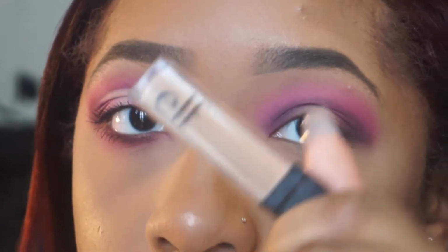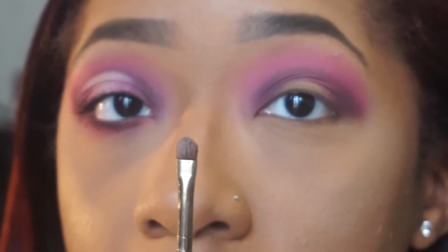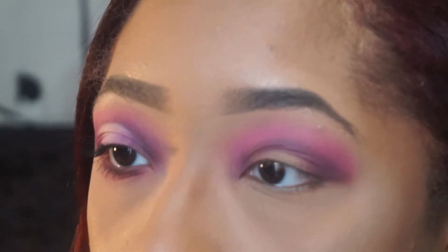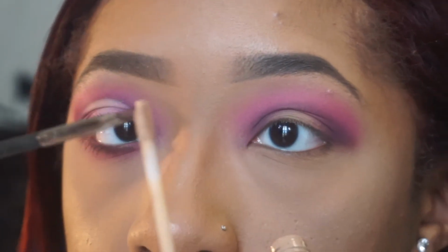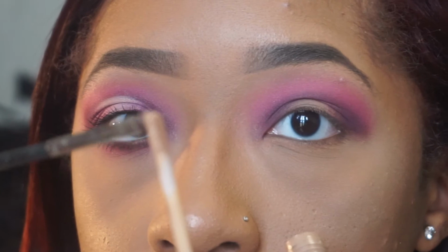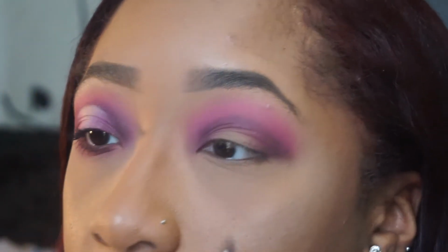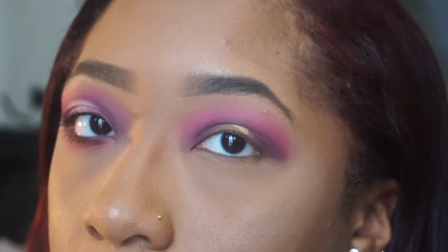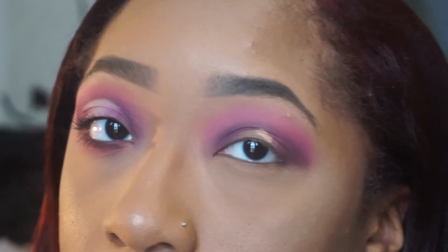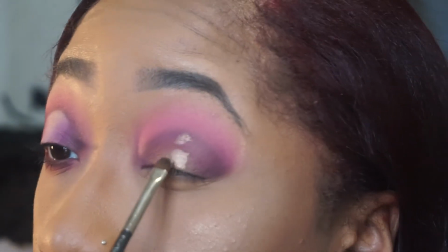To cut the crease, to make the halo eye, I'm going to take my e.l.f. concealer and my MAC 226 brush. Looks just like this. I'm just going to dip into the product a little, and from the brush, I'm going to pick up a little and cut the crease. Take your product that's already on your brush, place it in the center of your lid. If you have hooded eyes like me, you want to see how it's already gonna transfer. Yeah, so just look down or look up, whatever you prefer, and